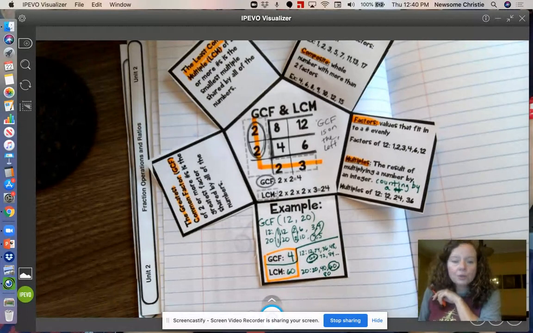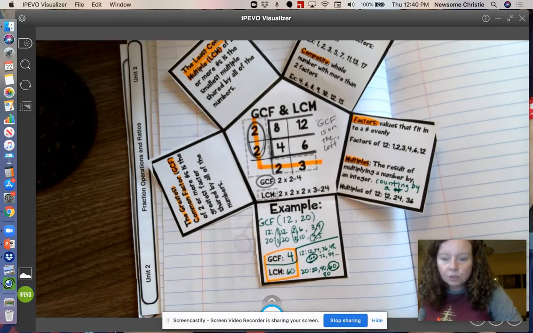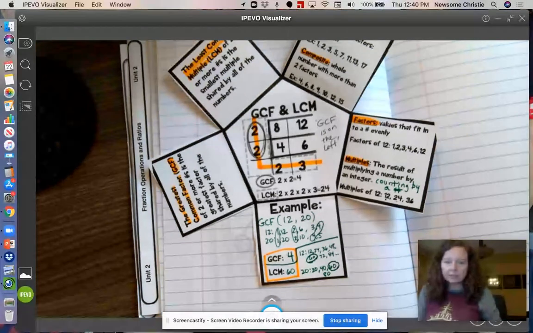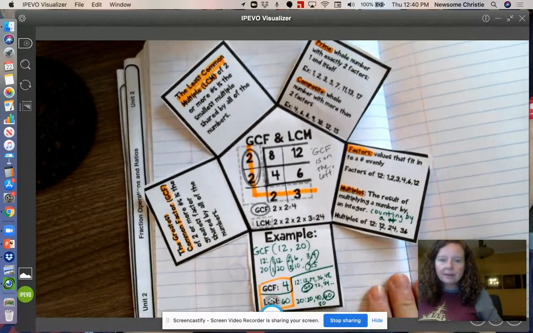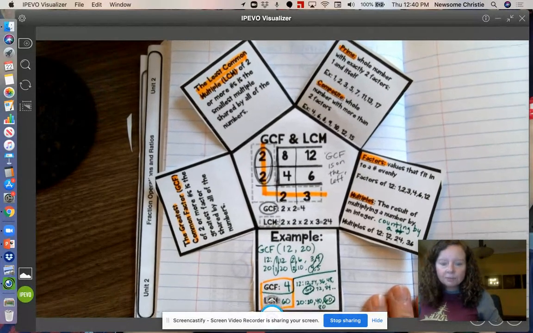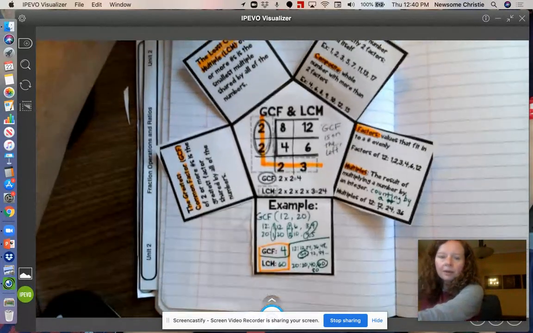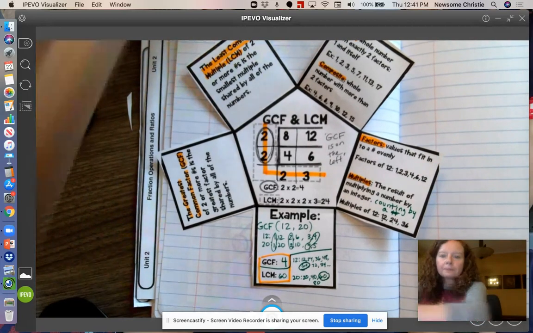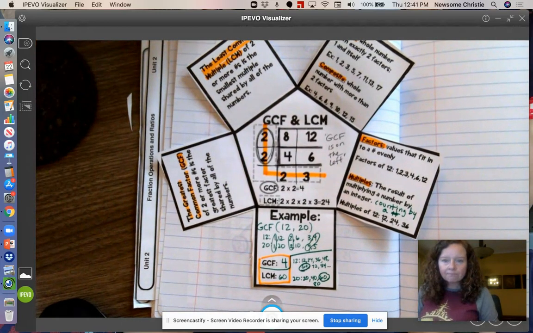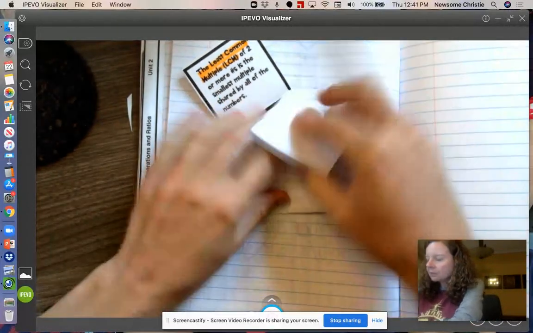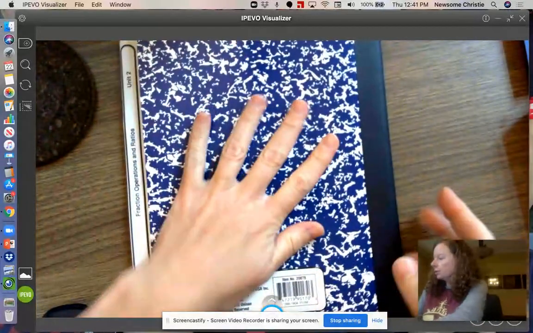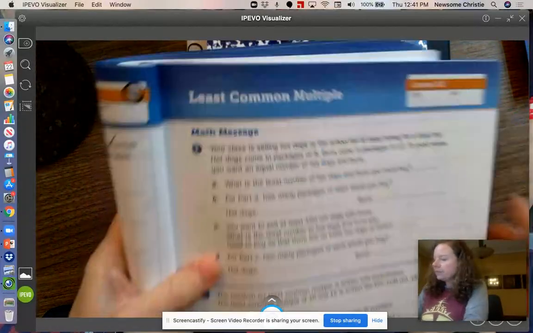Okay, so that's what we're looking at today, LCM, and we're going to try to do list method and grid method. And so let me get you started on some practice in your journal, and we'll review this together when we get there. I'm going to leave that there. If you need to pause the video to copy any of that down, you can. And we'll go to the journal then. I'm just going to fold these up in mine so that they stay put. And then in your journal,